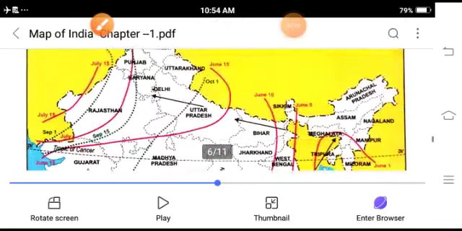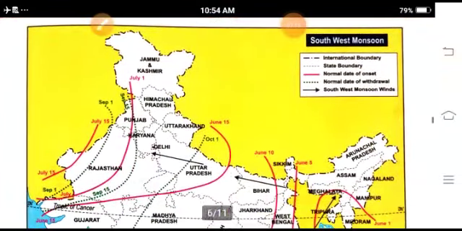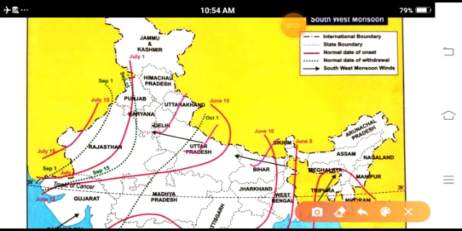Now when we are discussing the northeast monsoon winds, they are causing the rainfall in the winter season, like in Bihar, Uttar Pradesh, Delhi, and this is known as the retreating southwest monsoon winds, or the Bay of Bengal branch.